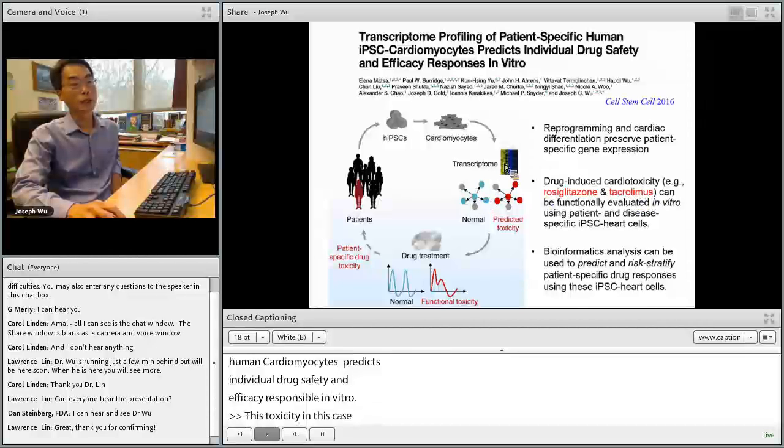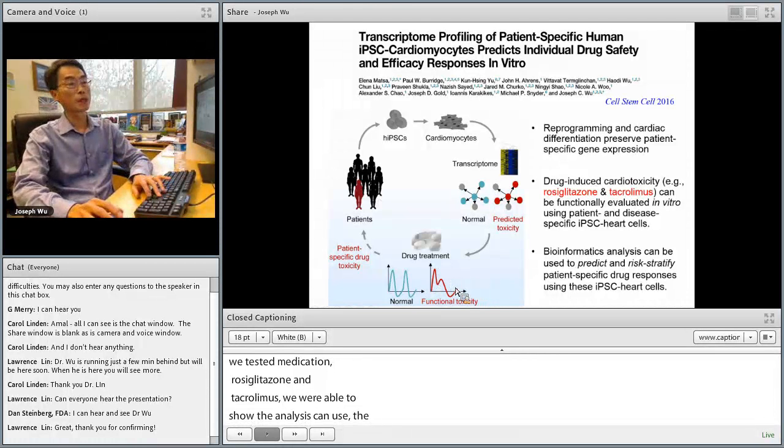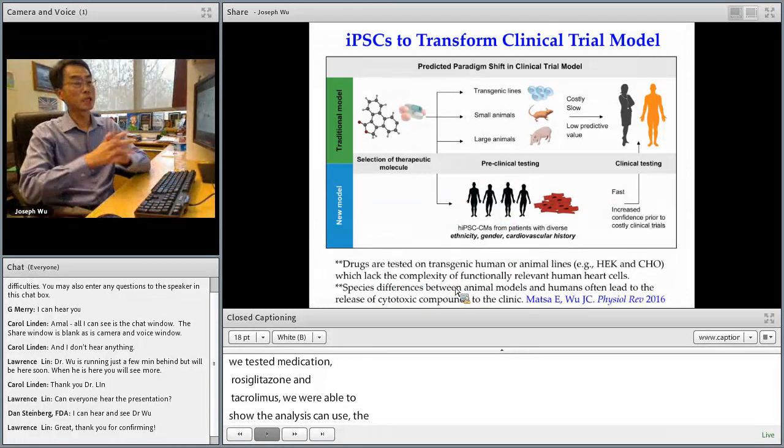We were able to show that the drug-induced cardiac toxicity can be functionally evaluated in vitro using patient and disease-specific iPS cell cardiomyocytes. We're able to show that the bioinformatics analysis can be used to help us predict and risk stratify which patient is going to improve and which patient is not going to improve with these medications here. So just to summarize the last part,